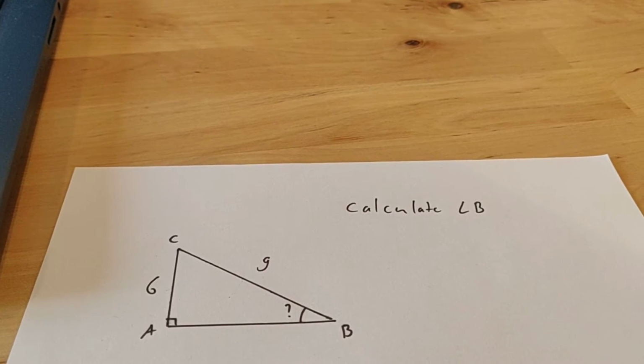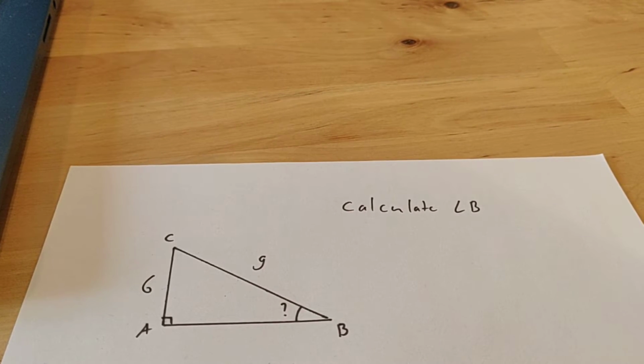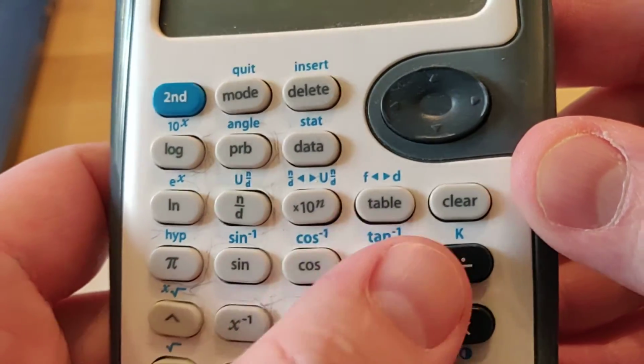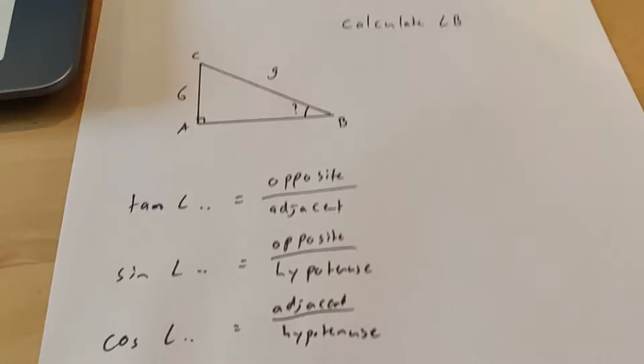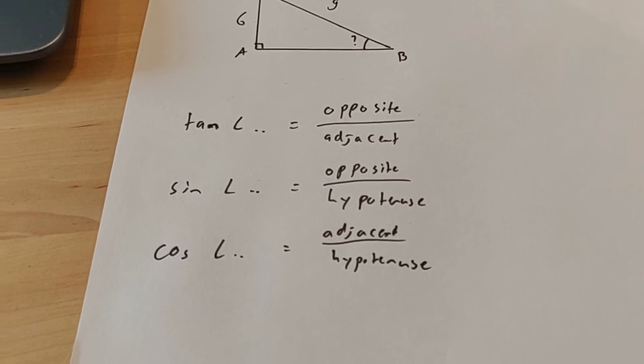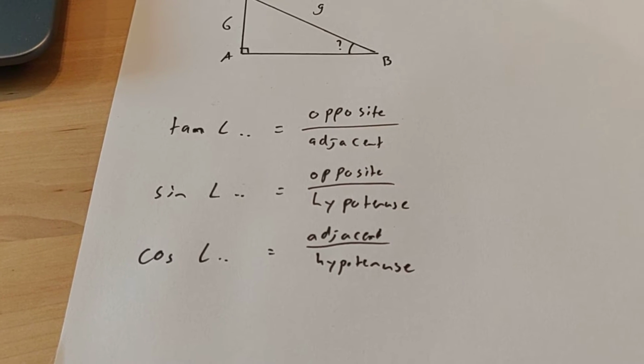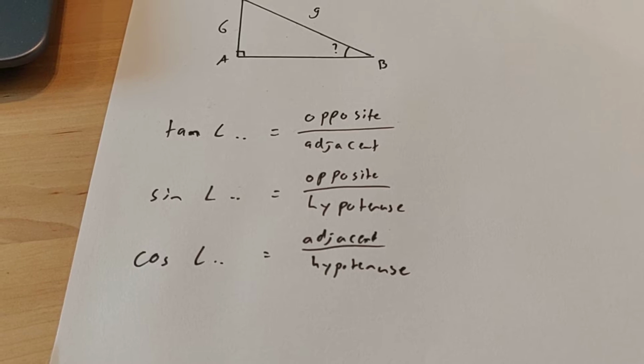Alright, this is a video about how to recognize which one of the three buttons you have to use. On your calculator there are three buttons: the sine, the cosine and the tangent. For all three of them you use different sides. Here are the rules in general. The tangent is the opposite side divided by the adjacent side. For the sine you use the opposite side and the hypotenuse, and for the cosine you use the adjacent side